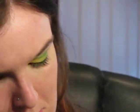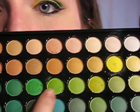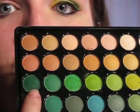Is it that green? Maybe the green underneath it. Yeah, sorry, it was the green underneath it. Mix a little bit with that, then that one, then the very bottom one. And I've just stuck my finger in a load of blue eyeshadows. So, my bad. Okay, so just going to load the yellow up on my brush,